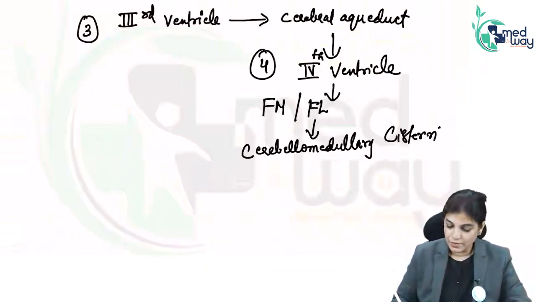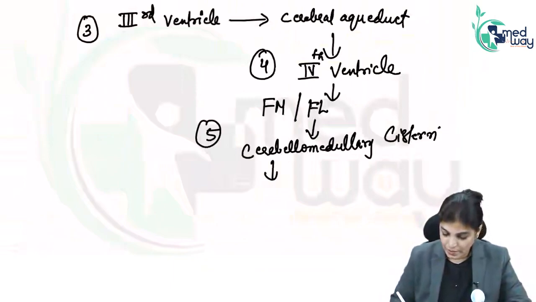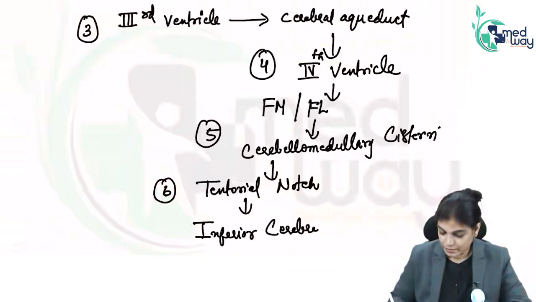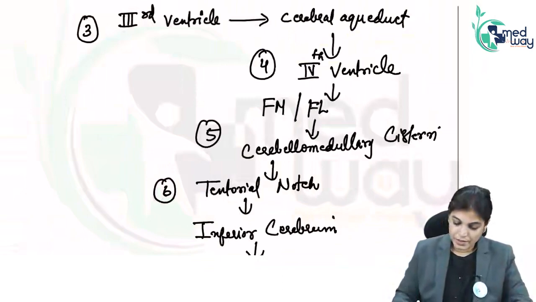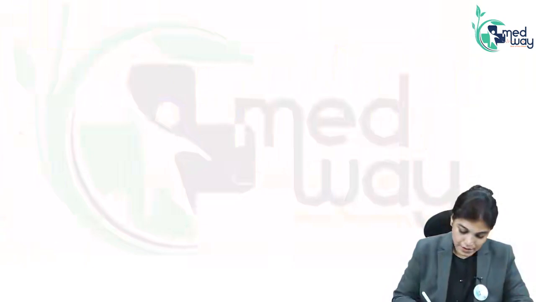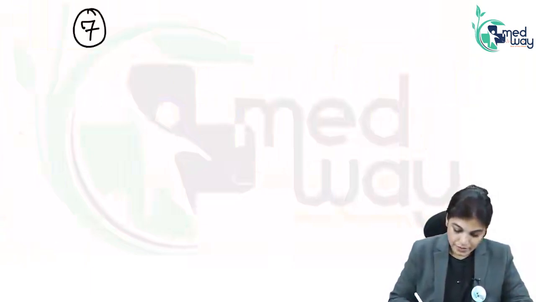From the cerebromedullary cistern, it will reach the inferior surface. It will pass through the tentorial notch, and it will reach the inferior surface of the cerebrum. So this is the 7th point. And from the inferior surface of the cerebrum, it will reach the